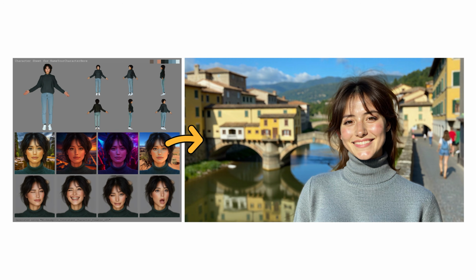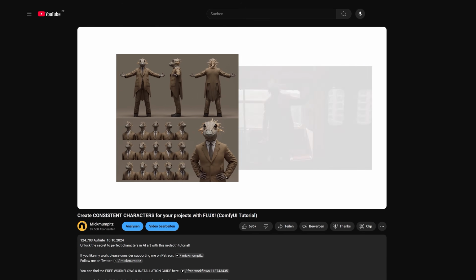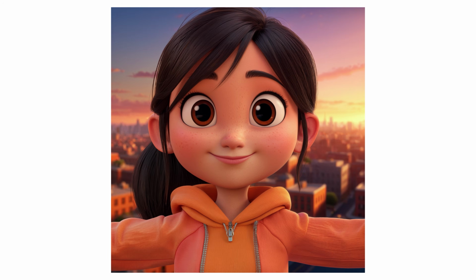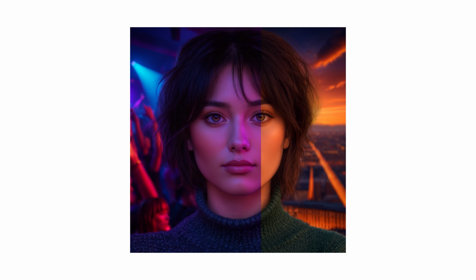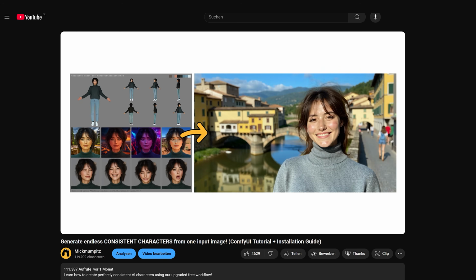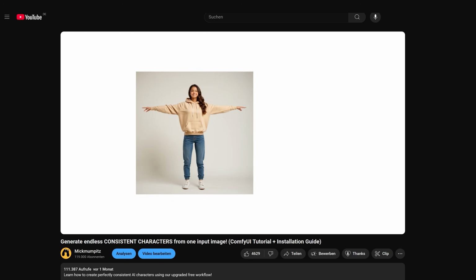A LoRa is basically a small add-on model trained on specific images to help the base model better understand a particular character, environment, or object. Training works best when you have diverse images of your character showing different angles, lighting, expressions, and poses. In one of my previous videos about my consistent character creator, I explained how to automatically generate this very dataset